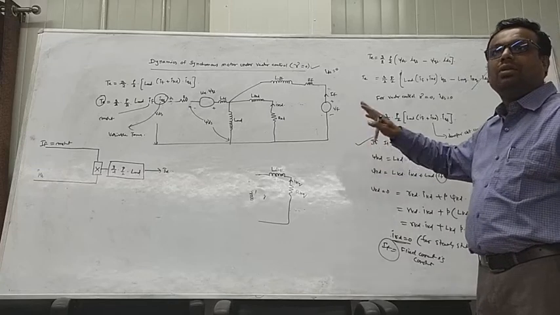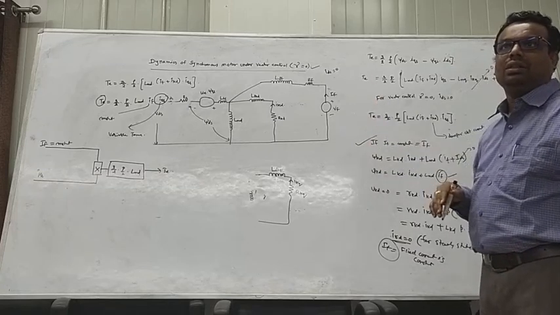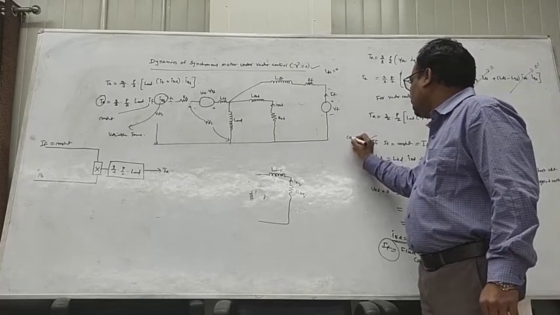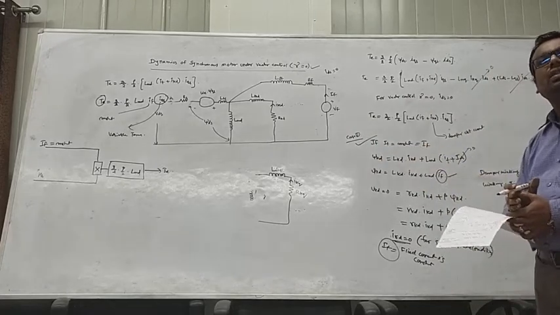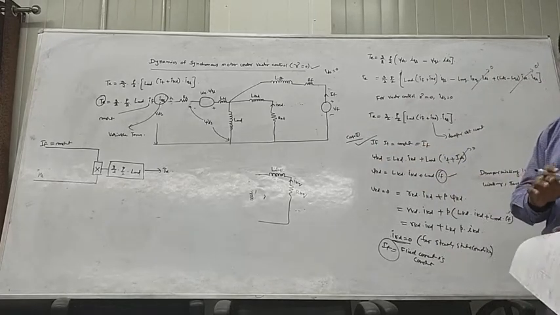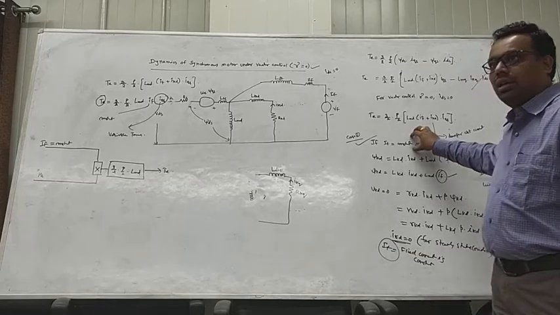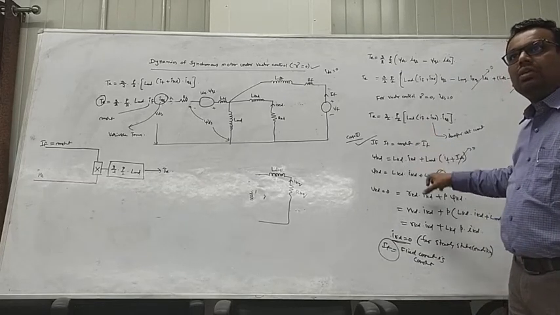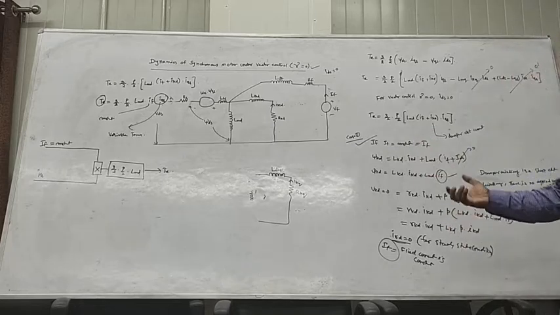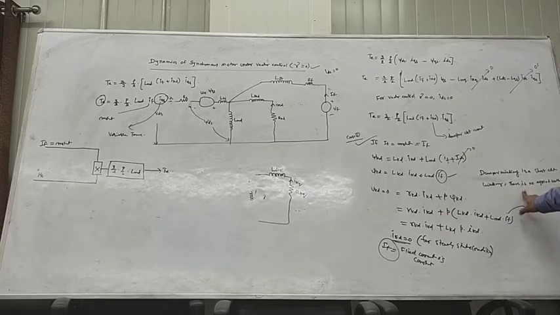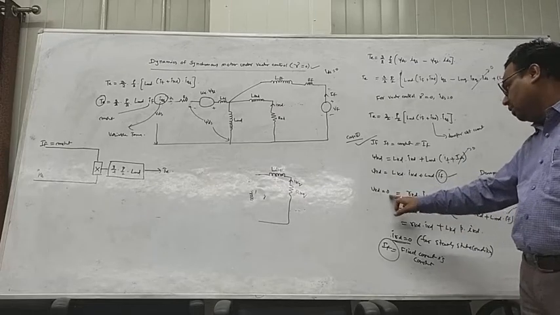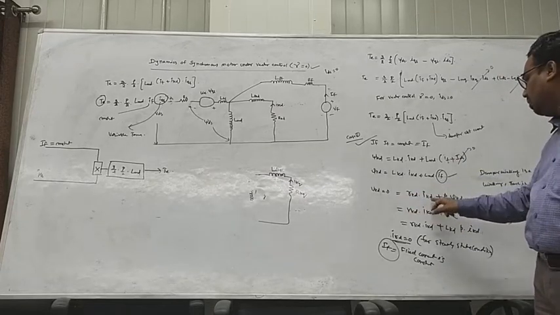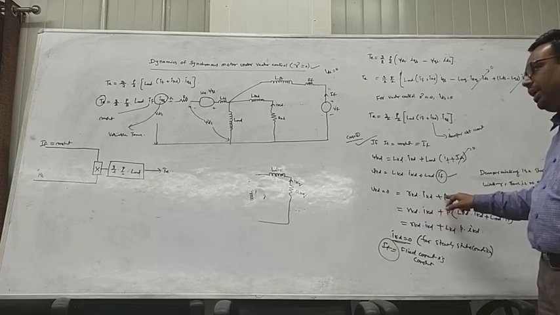Again, there are two conditions while you are doing the dynamic analysis. In case 1, the field current is constant. In case 2, the field current is variable. First, if you consider the field current constant, your damper current IKD is also 0, because the damper winding is a short circuited winding and there is no induced EMF. So the damper winding current is 0. Then if you write down the expression, RKD into IKD plus d by dt of psi KD.